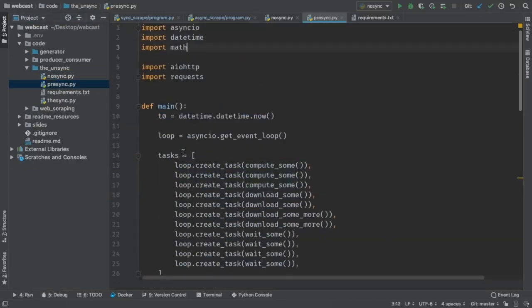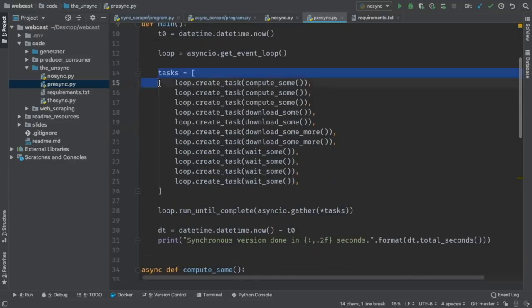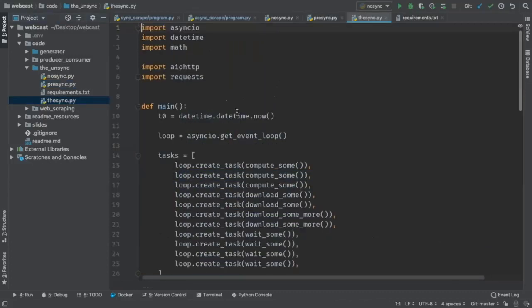We said, let's just treat these all like tasks, and sometimes we'll get some benefit and sometimes we won't, okay? But this compute sum, the way Python's GIL works, really needs to be in a separate process using multiprocessing. This one, let's say that's the async IO enabled one. That one is totally fine with async and await. But this one uses requests. We can't use async and await on it. But because of the network stuff, if we use threads, that would have been great. This one also is totally fine using async and await. So this unsync library is really, really cool.